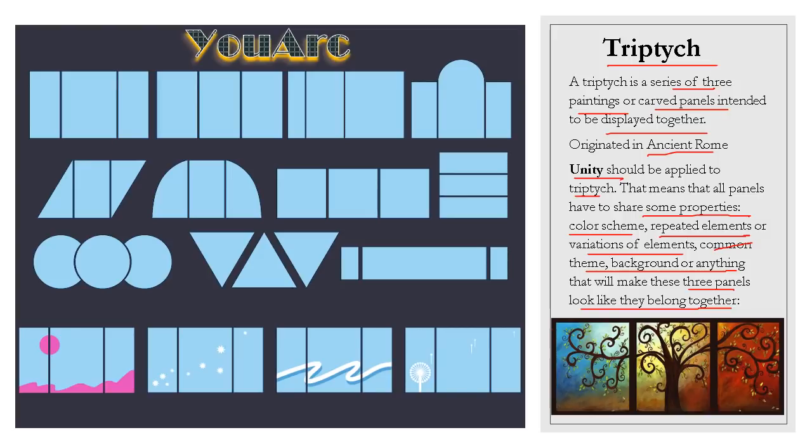See this particular example, we can see this tree. It has continuous branches over the other two panels, also giving an effect of a single tree in three panels. Can you see the examples here? This is how the panels are arranged at a certain distance to give the effect of unity. Can you see this particular line here? Even though there is some gap between the panels, we can see it is a complete flow. So this particular art is called triptych.